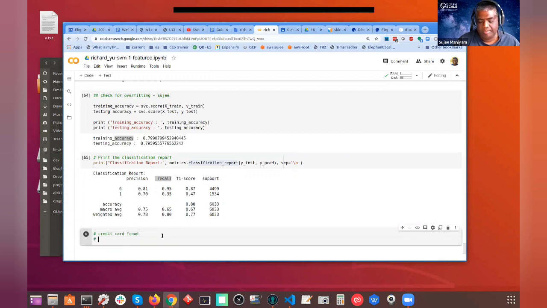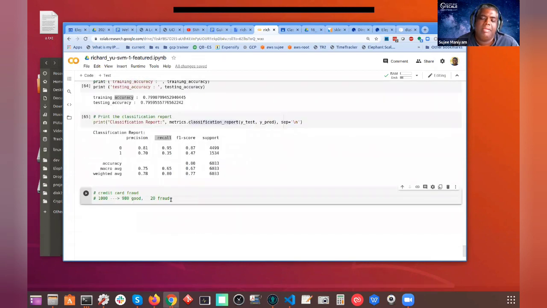And so for example, let's say I have 1,000 transactions. Most likely out of 1,000, I would say 980 are good transactions and 20 are fraud. So this is a heavily skewed data set, right? And this is what you would expect from your bank, right? You don't want to do business with a bank where fraud is 50%. So that's another problem. A lot of the time, cases like this will have very highly skewed data. Now, for these data sets, relying on accuracy is not good enough, because that'll give you a false